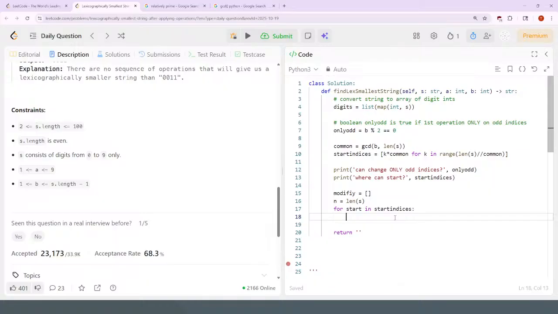Okay. So let's say that the string starts in something is odd or not. So if the start is odd,